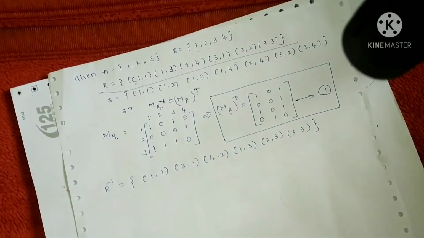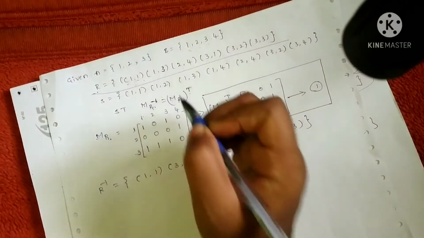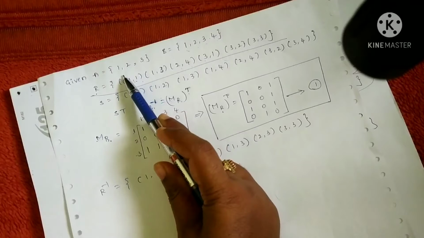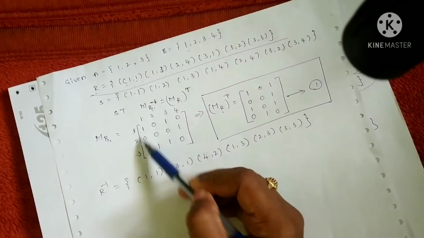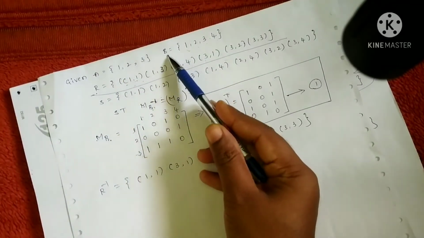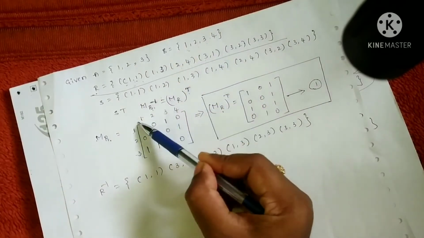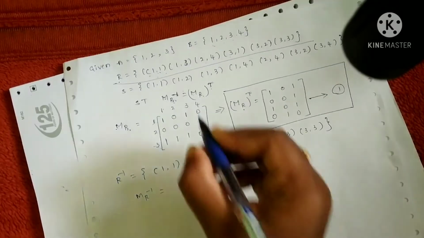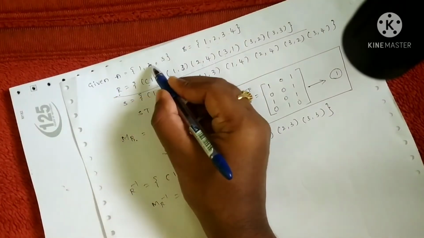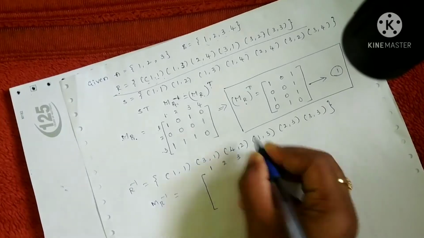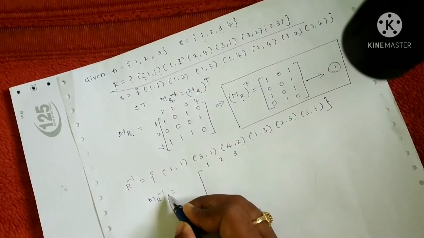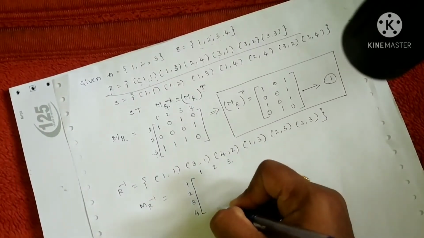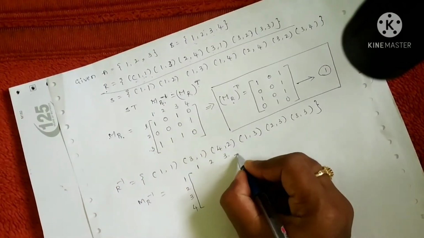But what we actually have to find is the matrix of relation R inverse. Remember, the key point is that in matrix R, we have listed the elements of set A as columns, whereas the elements of set B as rows. But in the matrix of relation R inverse, it will be reversed, in the sense that the set A elements you have to write here, whereas in matrix R we have written them here, but in matrix R inverse we should write them here. Next, the set B elements we have to write here. Just the reverse of what we have done in the matrix of relation R.